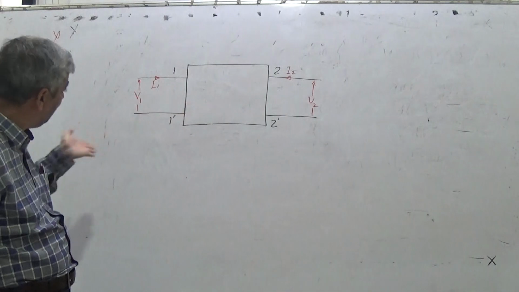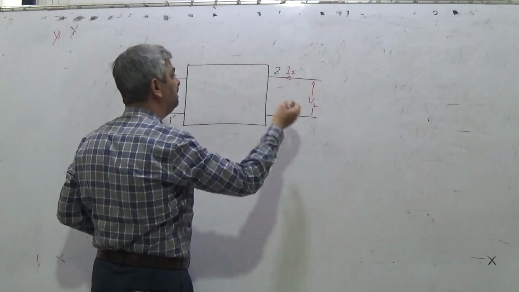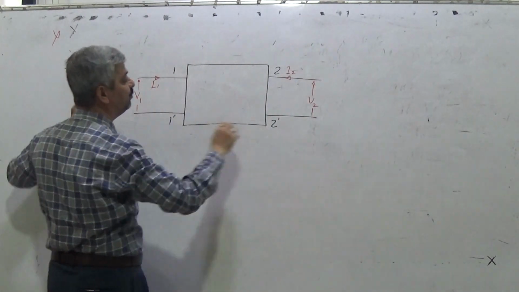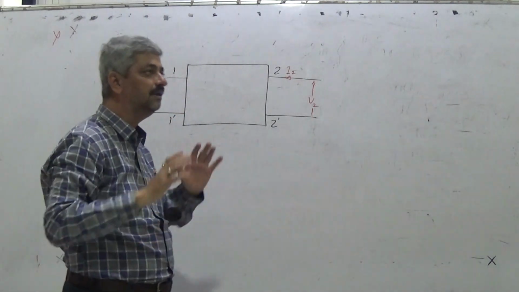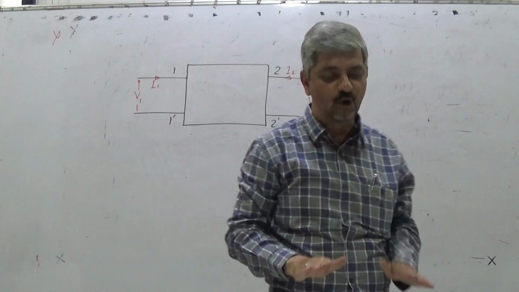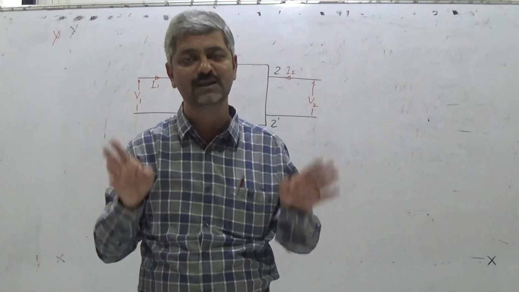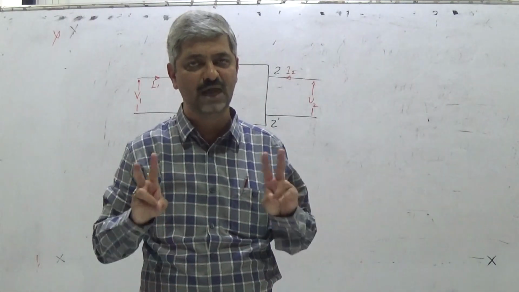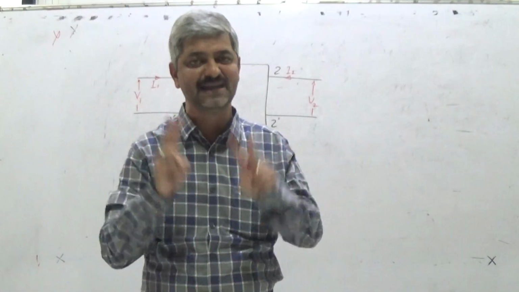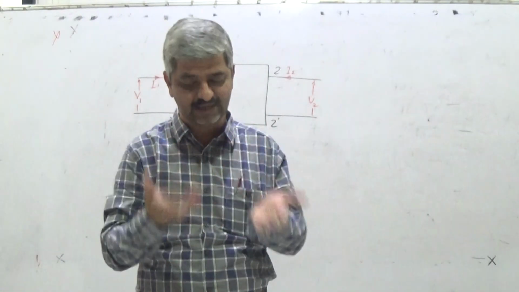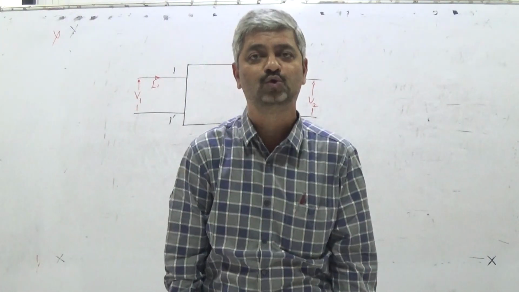Next, how do we interrelate them? If you connect something here, you will observe something here. If you connect something here, you will observe something here. If you connect both voltage sources here, you will get some currents here. So two-port network parameters provide us a relationship between V1, V2, I1, I2, and they provide the relationship with the help of four constants, four parameters that can be seen in different ways.